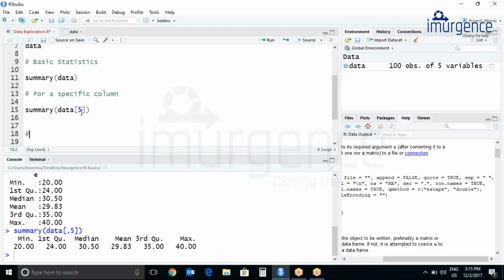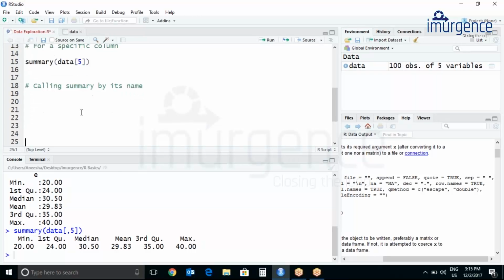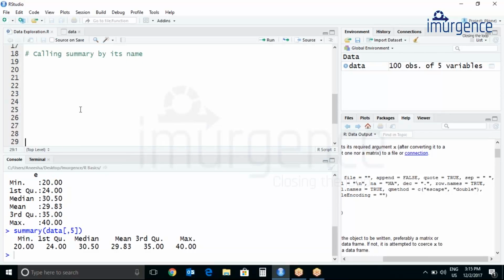So you can also call the summary of a particular column by its name. So let me add over here, calling summary by its name.